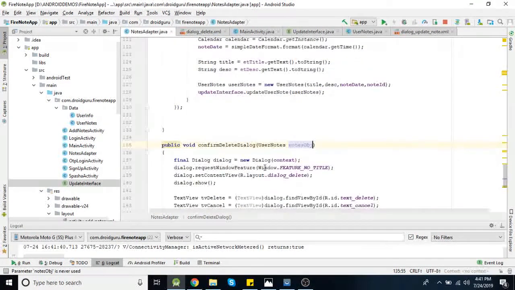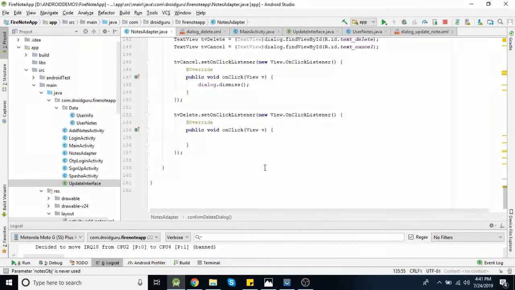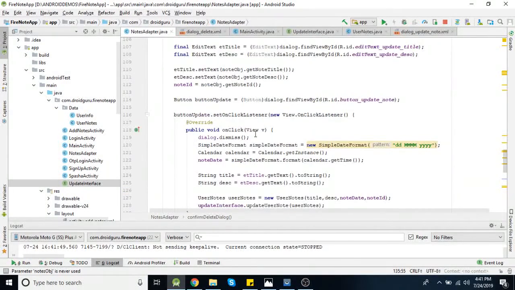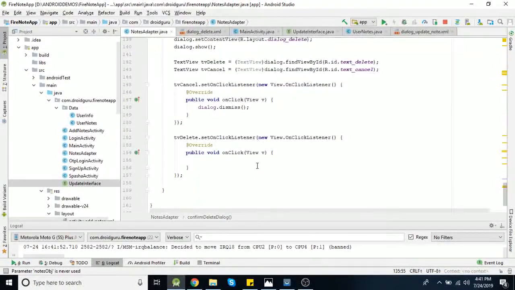Now here in the adapter, similar to the update functionality, we need to call that interface method. So first we'll get that object here.